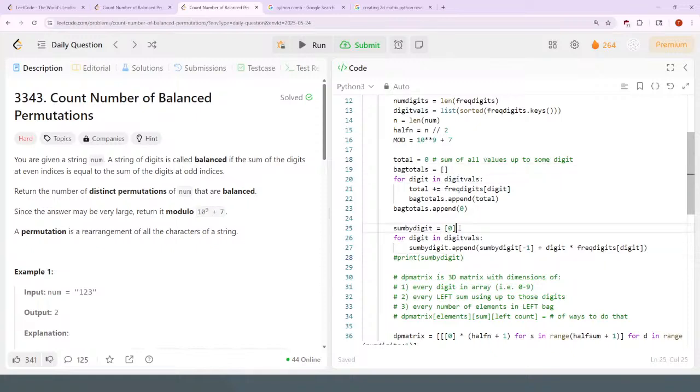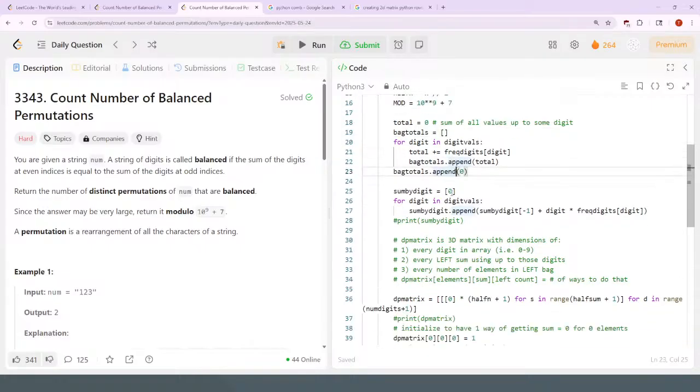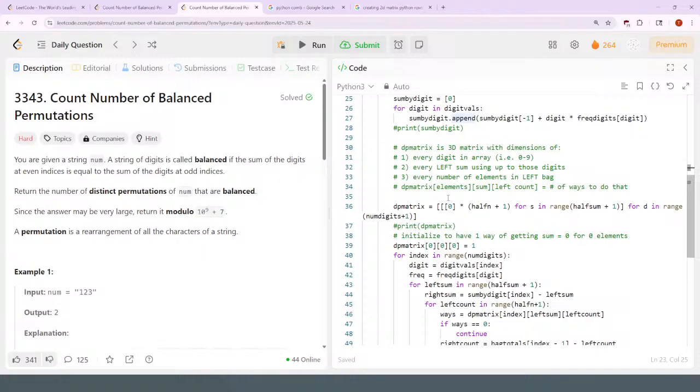Yeah, so sum by digits is the sum up to certain digits. Bag totals is the count up to certain digits. So here's the main thing. So for this dynamic programming solution,